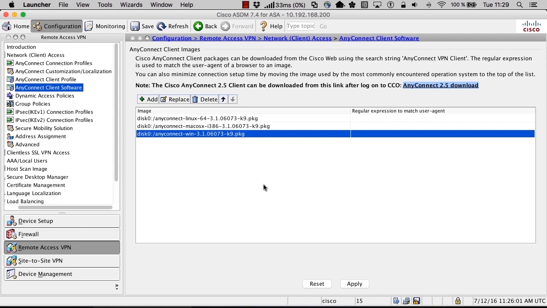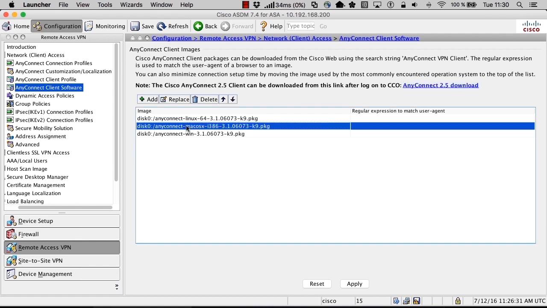When the client connects and it runs an older version of AnyConnect than what is specified in this list, the AnyConnect client will by default be upgraded to this version. If I connect with my Macintosh machine to this device after setting up this, and I have already installed AnyConnect, but my locally installed client is an older version, that 3.1.06073, I will, when connecting to the firewall, automatically be upgrading my local AnyConnect